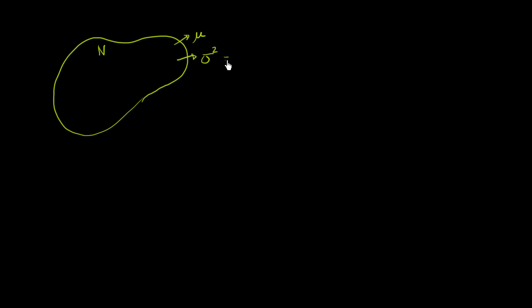And the way that we would figure out the variance is we would take the sum where we're looking at each of the data points. So we'd start with the first data point and go all the way to the nth data point, where capital N is the size of our population. And for each of them, we're going to take that data point, subtract out the population mean and square it, and then divide by the total size of the population. So essentially, each of these is the squared distance from the mean, and we're finding the mean of the squared distances from the mean. This is how we define population variance.